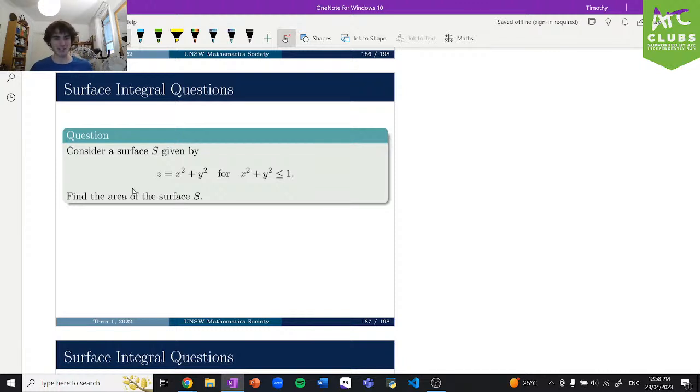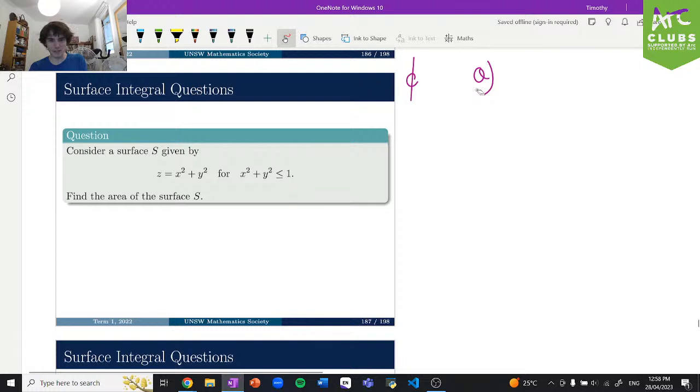Let's calculate a surface integral. Consider the surface given by z equals x squared plus y squared, for x squared plus y squared less than or equal to 1. We want to calculate the area of the surface S. The first thing that we absolutely have to do is find our parametrization. In this case, because it's a circle, a really nice parametrization is probably just going to be r theta,